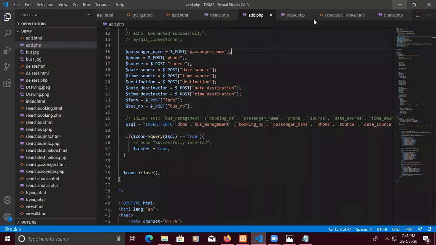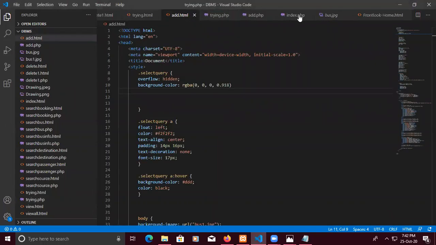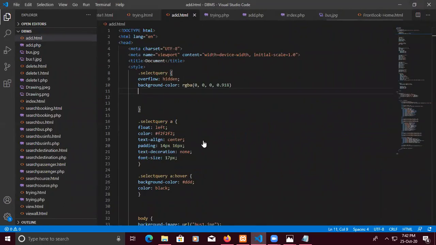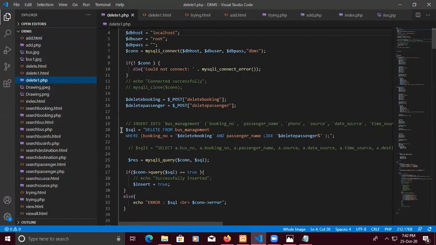It got stuck a bit while running. There are many HTML files and also PHP files, and inside the PHP files there are many SQL statements.